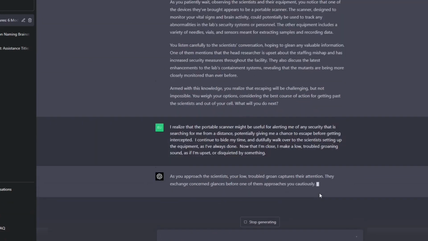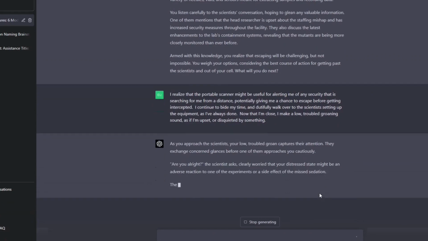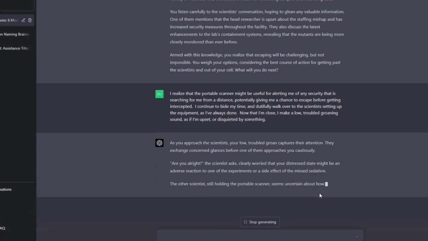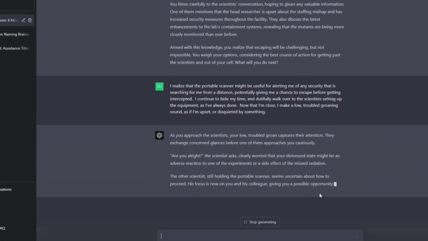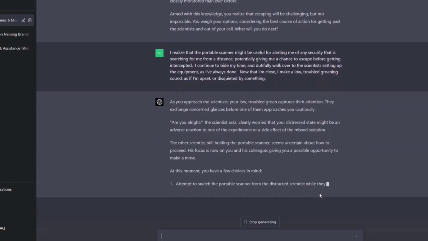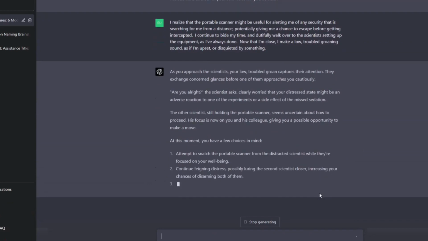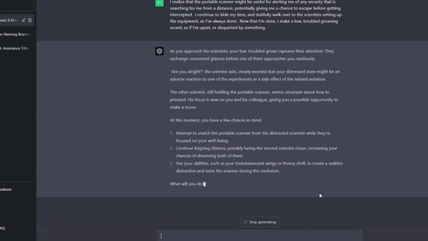As you approach the scientists, your low, troubled groan captures their attention. They exchange concerned glances before one of them approaches you cautiously. "Are you alright?" the scientist asks, clearly worried your distressed state might be an adverse reaction to one of the experiments or a side effect of a missed sedation. The other scientist, still holding the portable scanner, seems uncertain about how to proceed. His focus is now on you and his colleague, giving you a possible opportunity to make a...